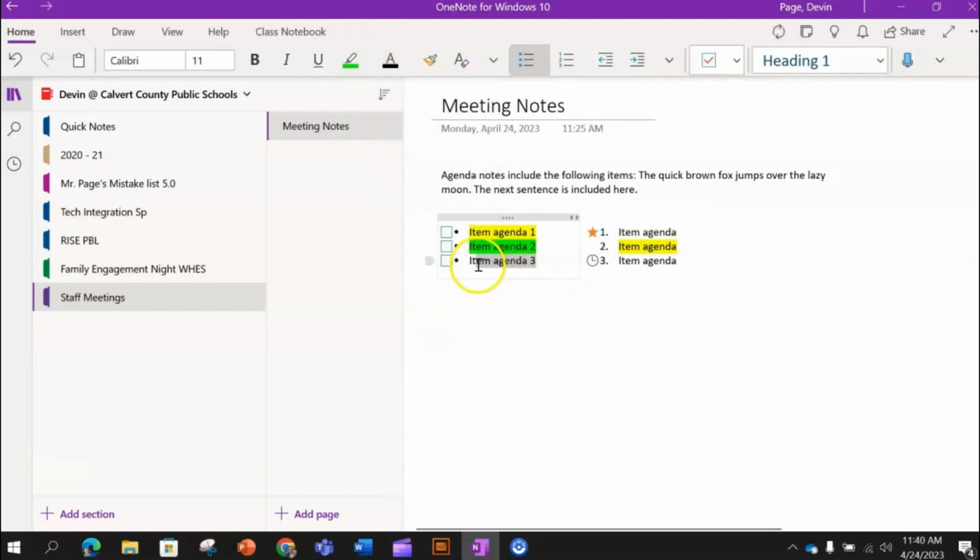You can also do the obvious. You can underline, you can bold, you can italicize items in your notes. So these are some cool features in OneNote that are simply a lot like Microsoft Word, PowerPoint, etc. And they're in the ribbon up here just like they are in the Microsoft Office products.